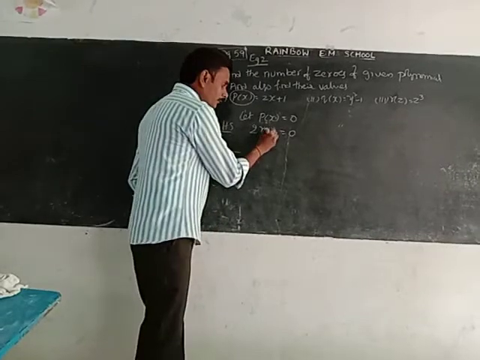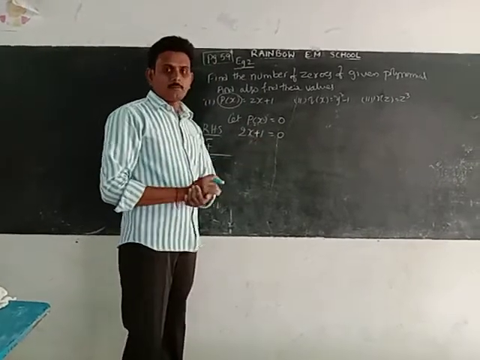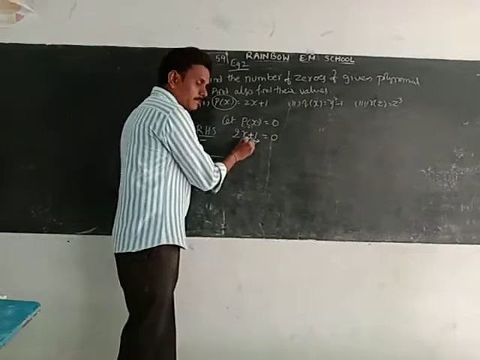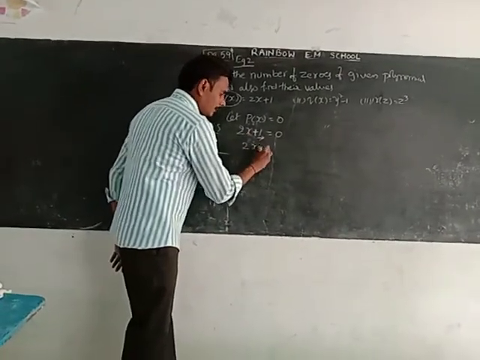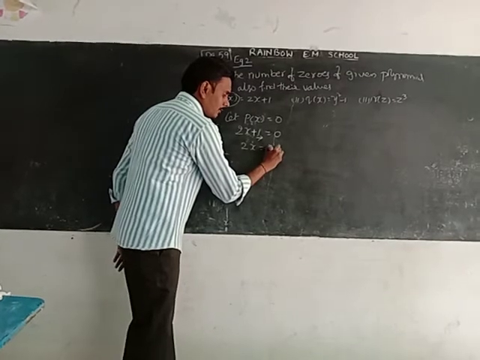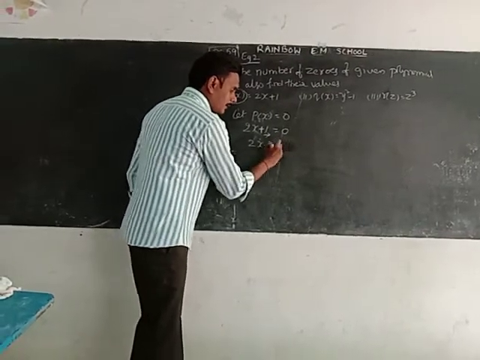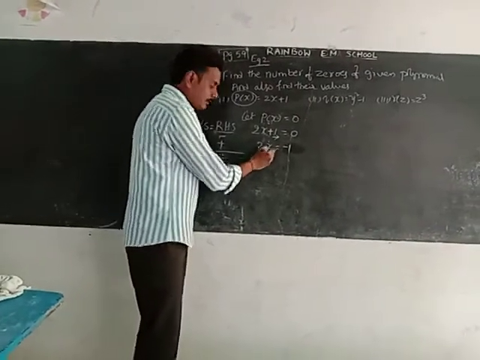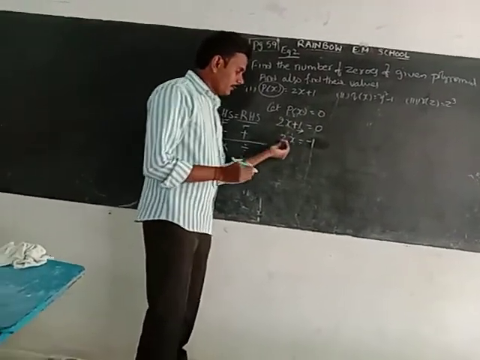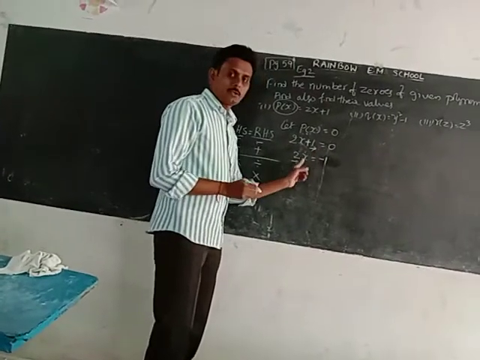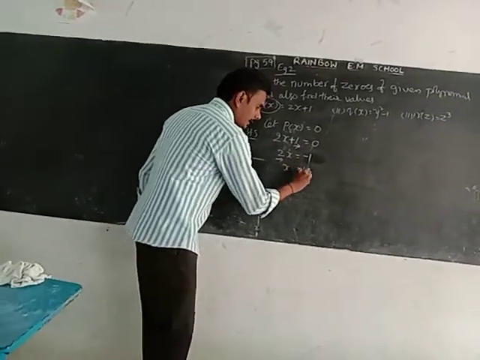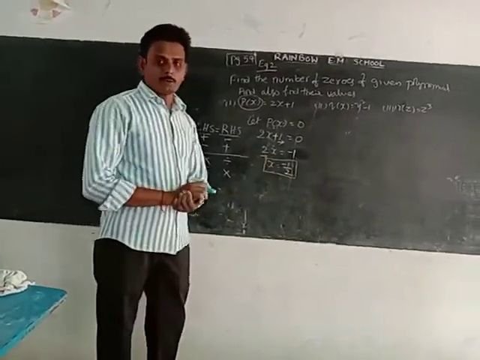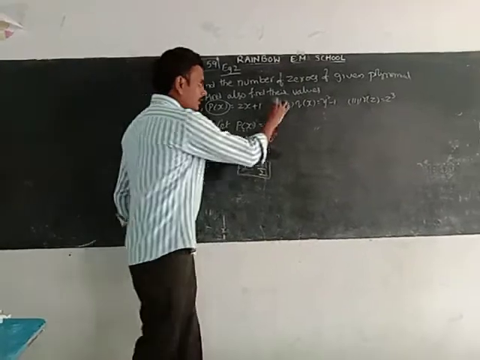Now, while moving the terms, first we have to move the constant. The constant 1 is plus; if you move it to the other side, it becomes minus. 0 minus 1 we can write directly as minus 1. Now 2x, 2 is multiplying x. If 2 moves to the RHS side, it will divide because it is multiplying here. x equals minus 1 by 2. That means x equals minus 1 by 2 is the zero of the polynomial. Go for the next question.